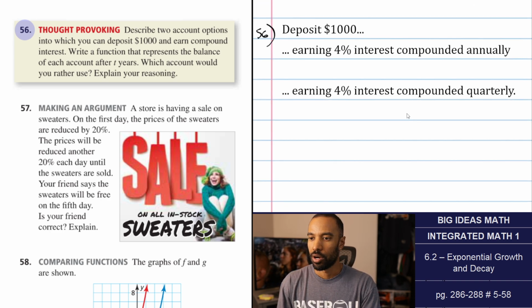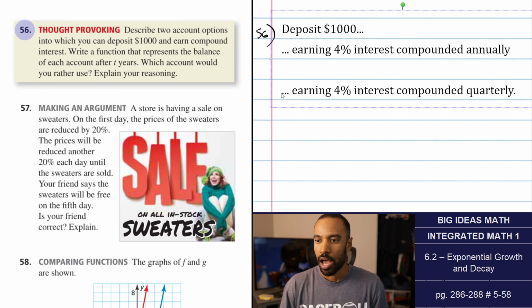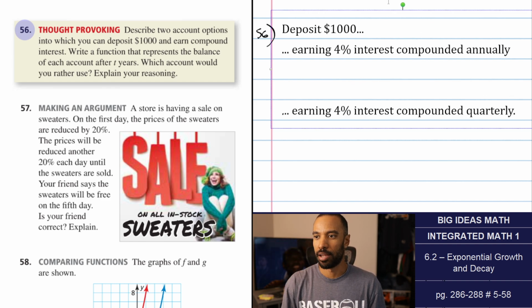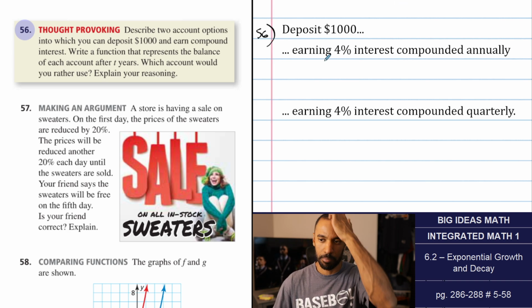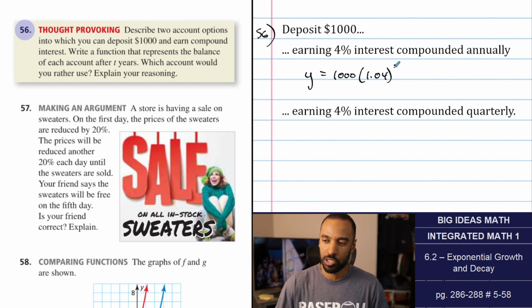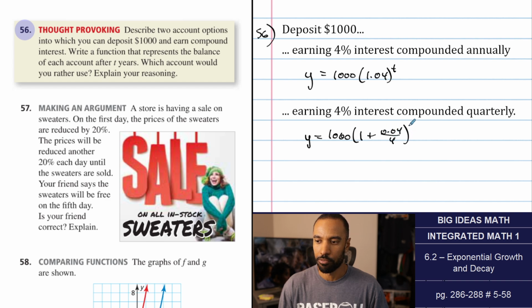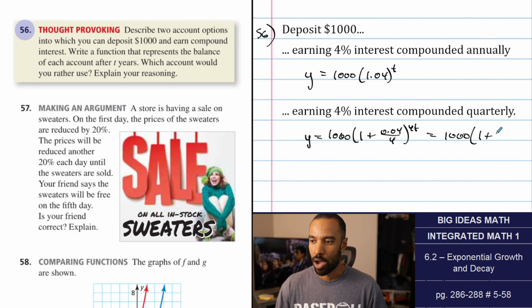Okay. So 4% interest compounded annually, compounded quarterly. It says after t years, which account would you rather use? But we might have to plug in some numbers and see how they actually look in comparison. So this one is y equals 1,000 times 1.04 raised to the t power, straight up. And this is y equals 1,000 times 1 plus 0.04 over 4 to the 4t power. So that's 1,000 times 1 plus 0.01, or 1.01